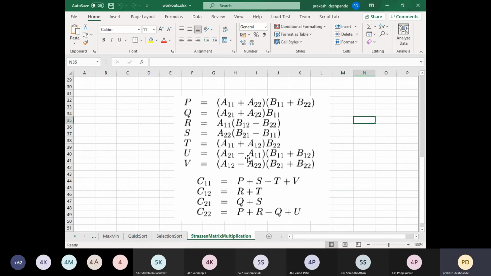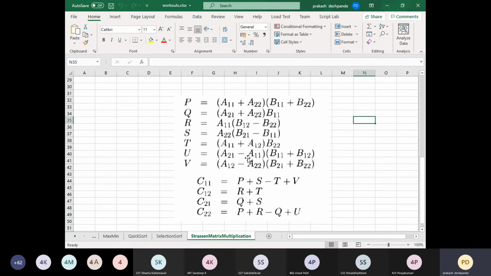Remember a few things. First, Strassen's multiplication can work on square matrices whose order should be 2 to the power of some number. It should be a power of 2. If it is not, then we have to make it a power of 2 by adding a certain number of empty rows. Empty rows basically means rows with 0 values, and these rows have to be added at the end, as the last rows. And we can add columns also at the end itself, and those column values should be 0 only.